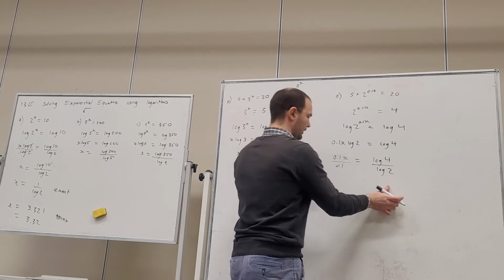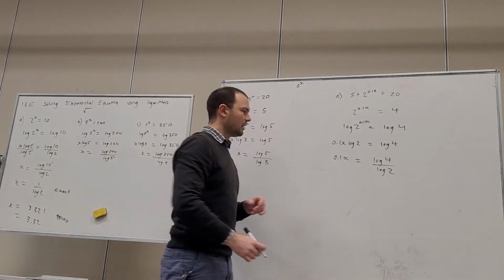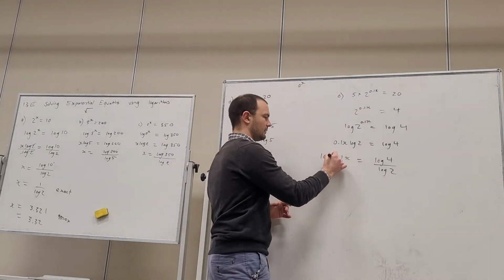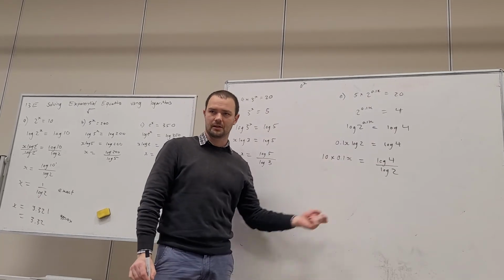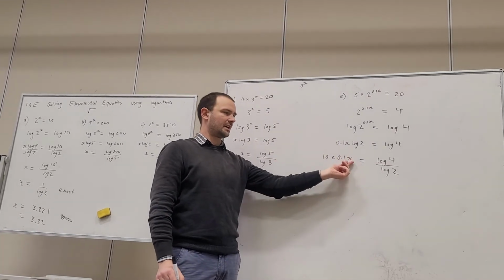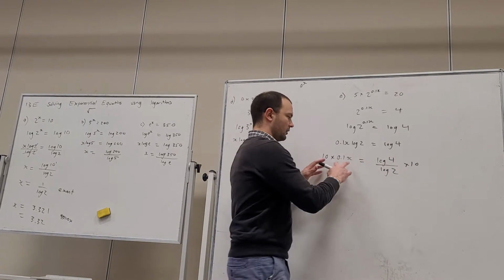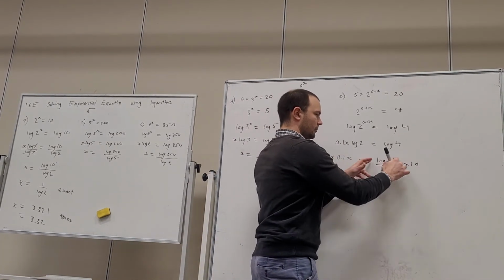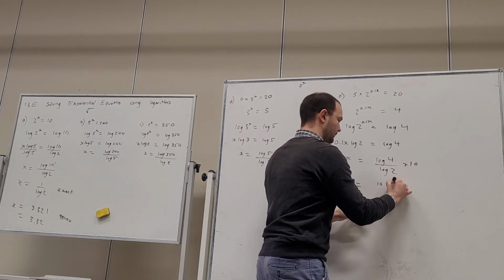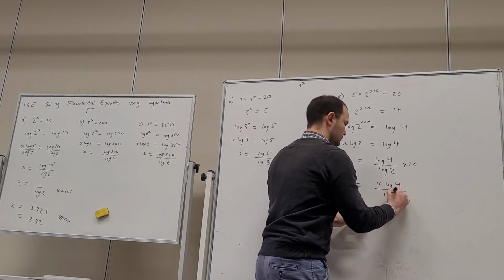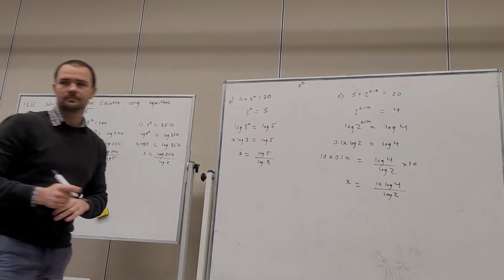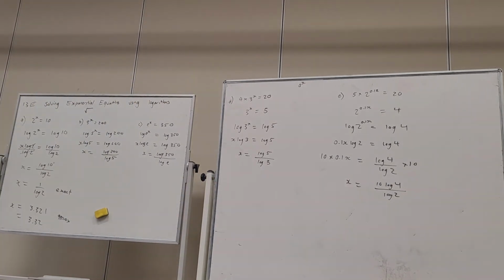I think the best way to think about dividing by 0.1 is multiplying by 10, okay? 10 times 0.1 is going to give you 1, so you're just going to have x there. And then over here we'll times by 10, and so this is just going to become x, and over here we're going to have 10 log 4 on log 2. Okay, and I wouldn't give you full marks there, but we can take that a bit further because this does